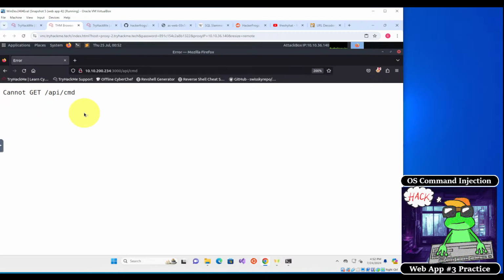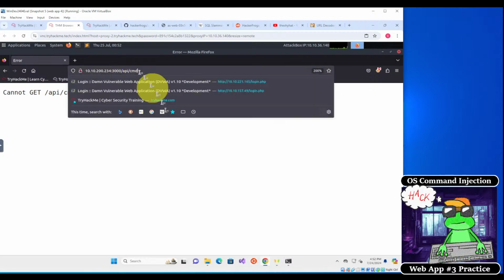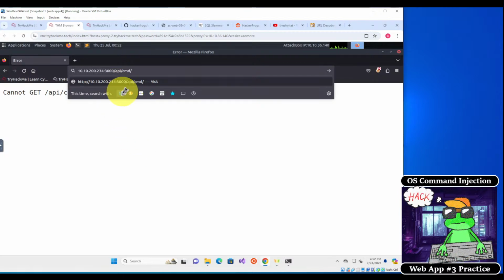So this is an error message over here. So we know that this is an OS command injection exercise. So what we can do is, at the end, after the CMD, we can supply our own command after we put another slash to indicate another directory. So I'm going to do ls, or maybe we can do whoami. So whoami, and then we're going to submit this URL,